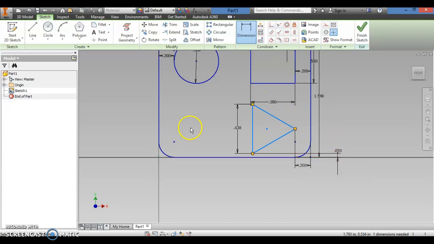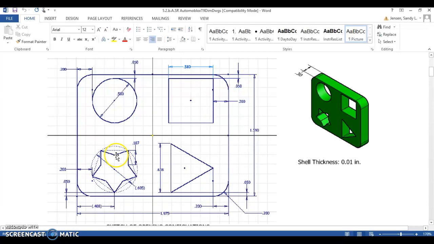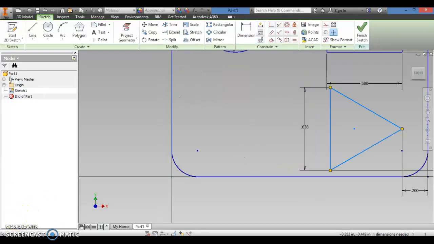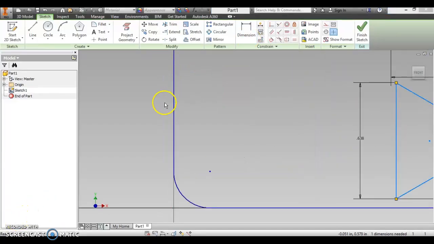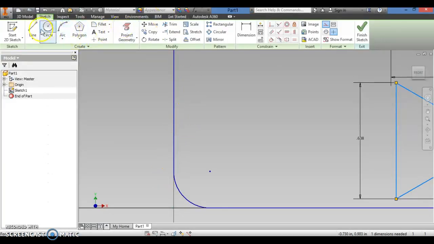Make that adjustment. So you should now have a circle, the square, the triangle, and you can do these in any order. These are just the order that I'm creating these in. Now when we make the circle, we're going to go ahead and start by using construction lines. With this specific one, they give us a 0.605 circle. So we go back in, and again,